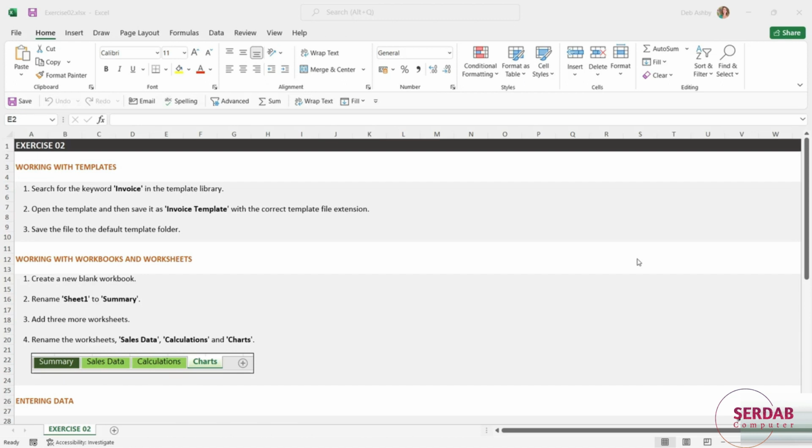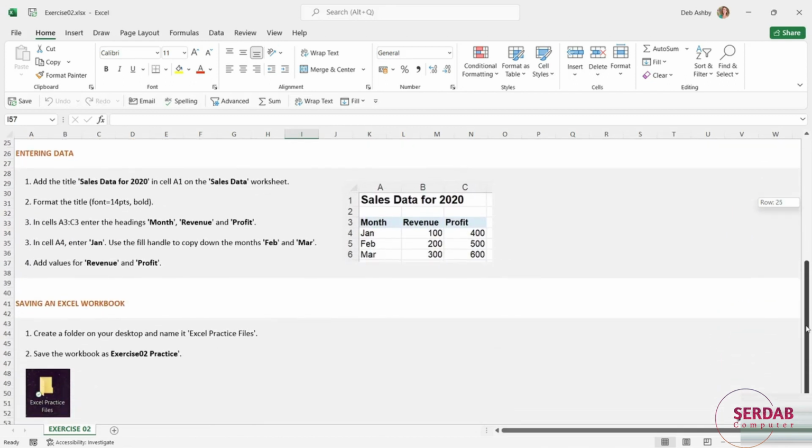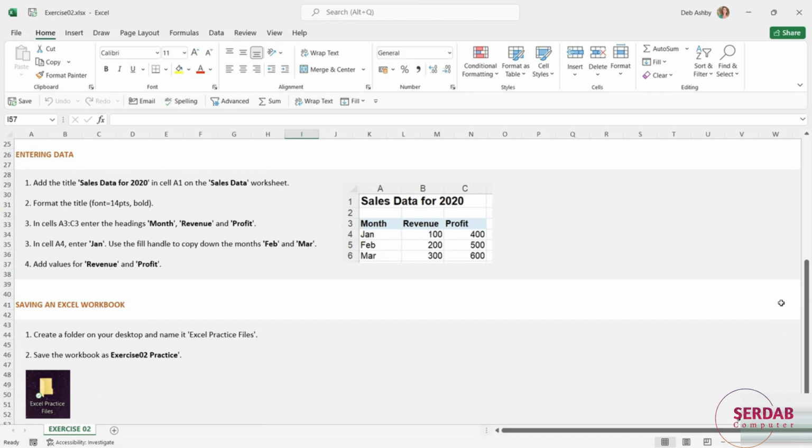I'd like you to rename Sheet 1 to Summary and then add 3 more worksheets. And then rename each of those worksheets to Sales Data, Calculations and Charts. Next, we're going to practice entering data into our worksheets. So on the Sales Data worksheet, in cell A1, I'd like you to type in a title that says Sales